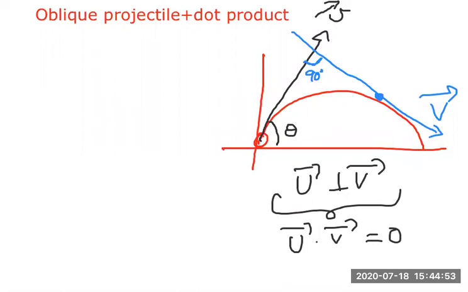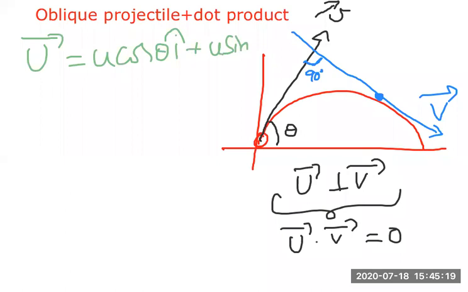Now as the dot product is 0, first of all, what is the initial velocity vector u bar? How to write u bar? Let us observe carefully. If we get u bar, then we can handle v bar also. See here, first let me discuss u bar. u bar is nothing but u cos theta i cap plus u sin theta j cap. In my previous classes, I discussed the initial velocity vector formula.